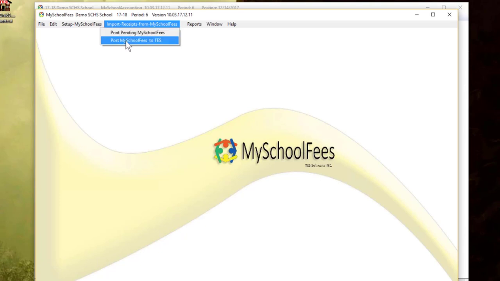For us, I'm going to move to this, Post My School Fees to Tess. Tess is a nickname for your accounting system. So this means we're going to bring the My School Fees transactions into our accounting system. Takes a minute